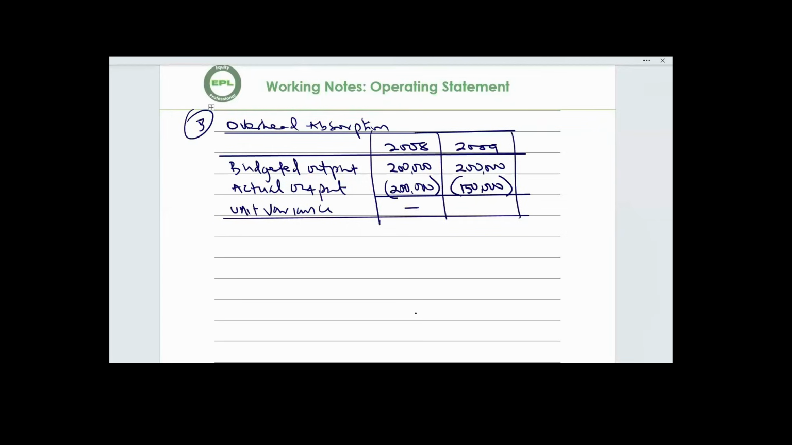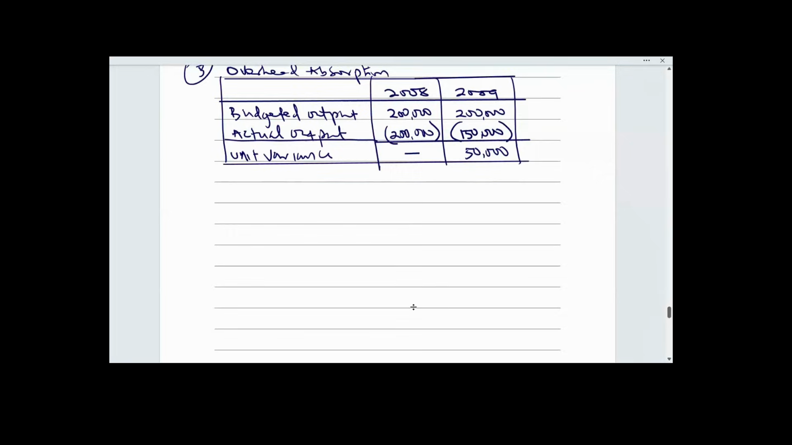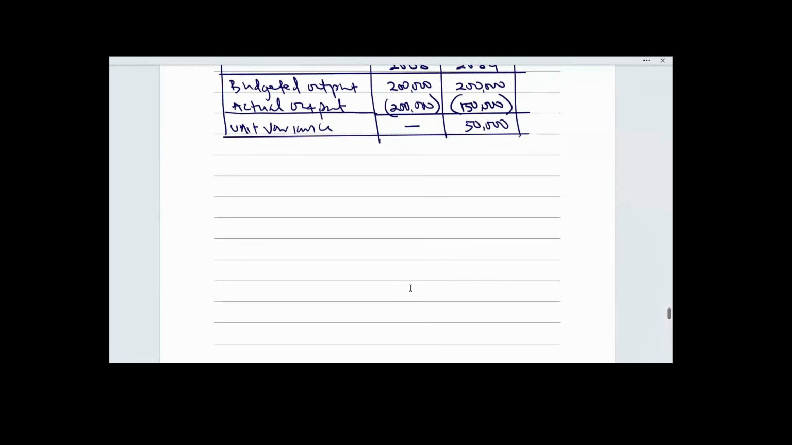So here is dash. Here is 50,000 positive. Once the difference between budgeted output and actual output is positive, you should know that it is under. Anyways, so to now get the overhead absorbed, to get the variance,